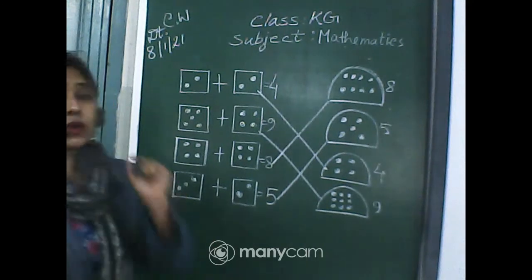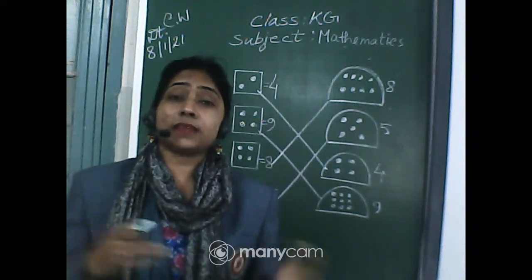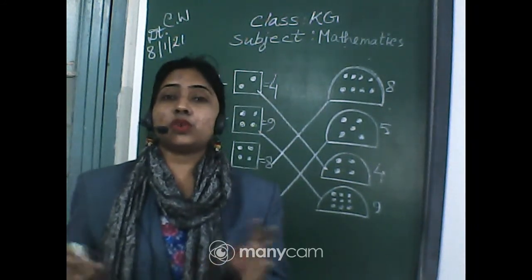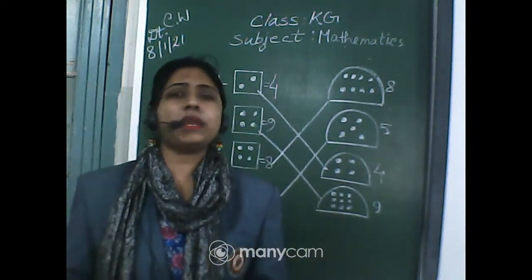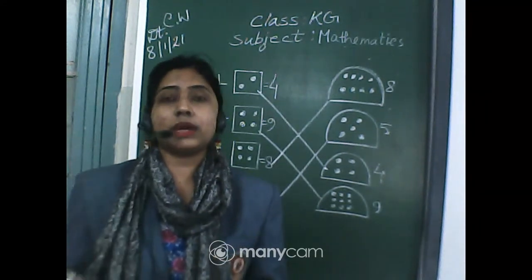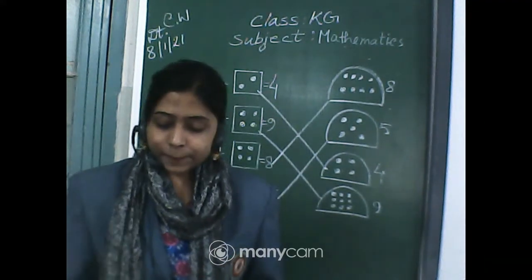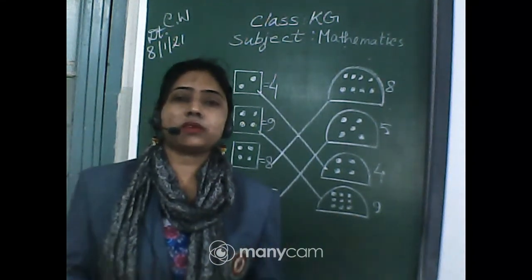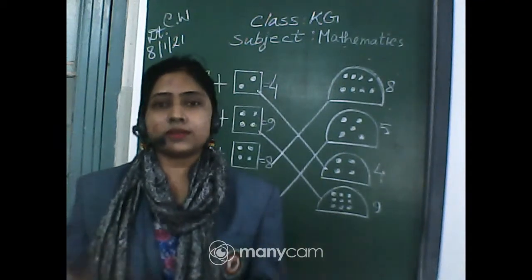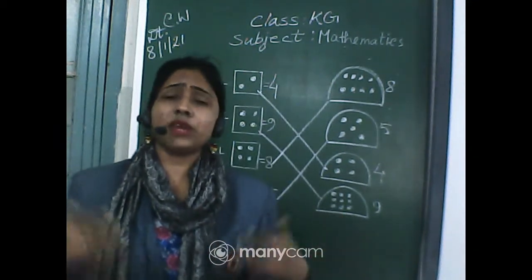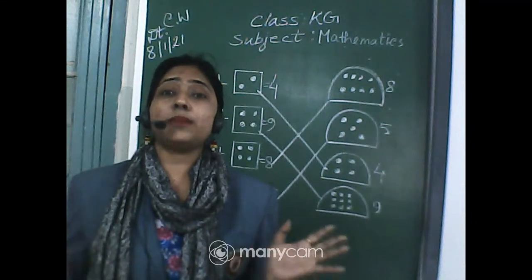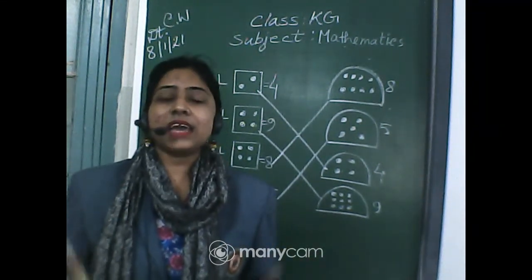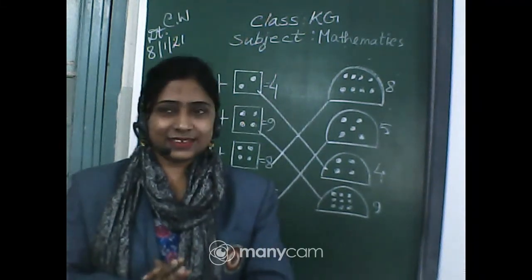So you can also do this type of activity, that is, last day we did one, today we have done this one. So many different types of activities you can do at your home with addition. Always we are doing this type of addition, 4 plus 2, 2 plus 3, like this vertical addition, horizontal addition. We have done this, and we have already practiced it. So it is sometimes boring. So this type of new activity, I hope you enjoy this.